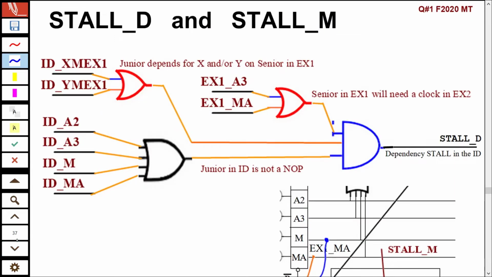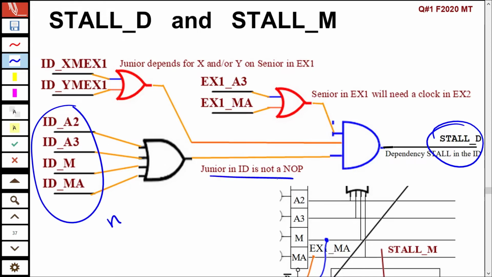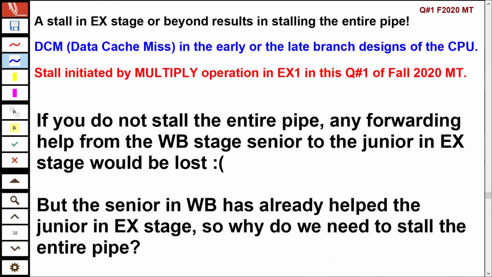Stall dependency. If I the recipient, I'm not a no-op, and if you the senior, such and such guy, says, I'm not done, I can't help you. And if there is a match for X or Y, it is time to call stall D. Okay,